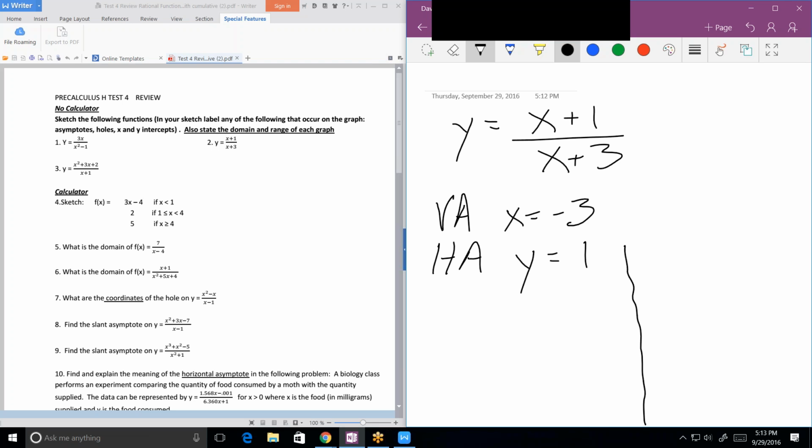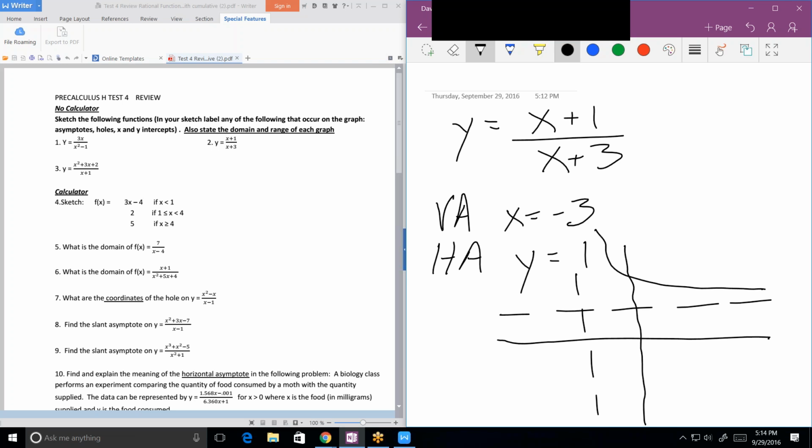Now we can draw that. We got a vertical asymptote right there. Got a horizontal asymptote right there. And this is pretty typical of hyperbolic functions, is you end up with a grid, a grid like 4 quadrants. Okay? And again, graphing this is pretty straightforward. There's no middle this time. So the graph is either that or